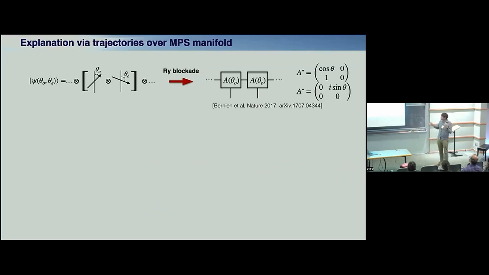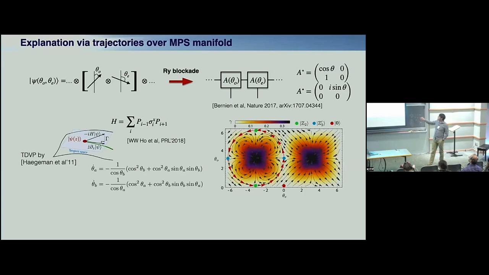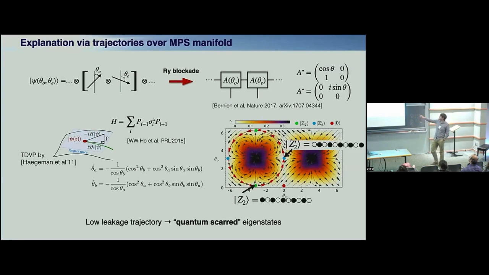And now what Wen Wei and Hannes and others did, they projected quantum dynamics onto the manifold of such states. They project the Schrödinger equation using the so-called time-dependent variational principle. They get a very elegant system of equations, study its phase portrait, and in its phase portrait they did find a unique trajectory, and kind of surprisingly or not surprisingly, this unique trajectory connects the Z2 to Z2 prime states. And I must say that there are two notions of Lyapunov exponent here. So this is a two-dimensional phase space. It's not generic. I'm not going to discuss Lyapunov exponent within it.